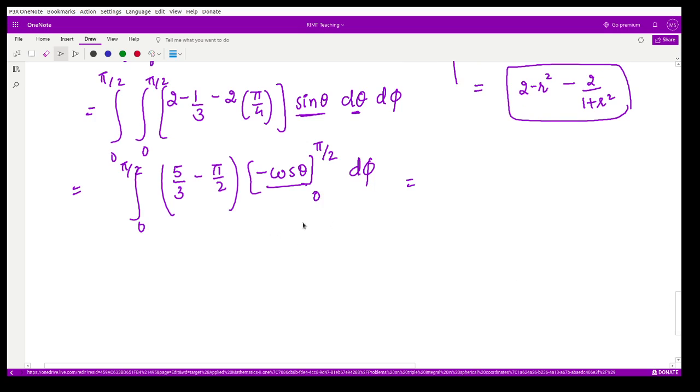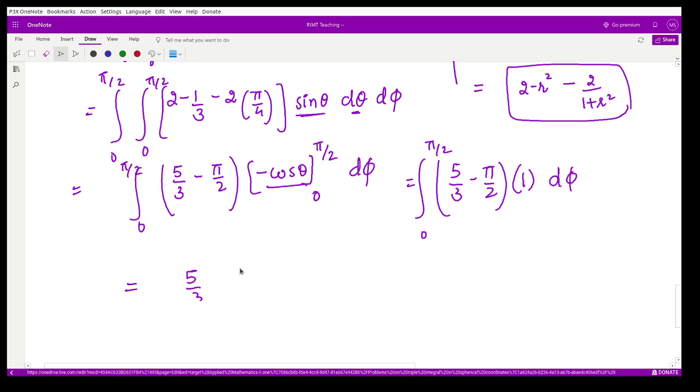So this is equal to 5 by 3 minus pi by 2, and when you substitute the limits, cos of pi by 2 is 0 and cos of 0 is 1. So we have minus of minus 1, that is 1, d phi, and then the integration from 0 to pi by 2. So this would be equal to 5 by 3 minus pi by 2, and then we have